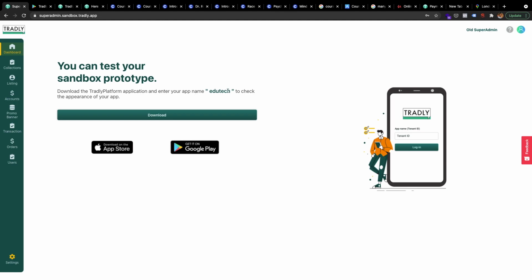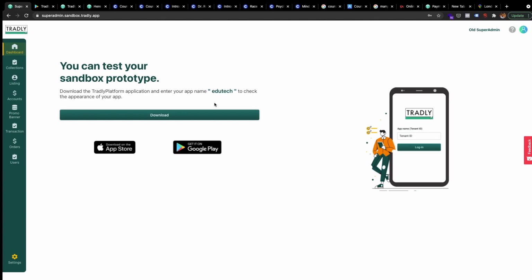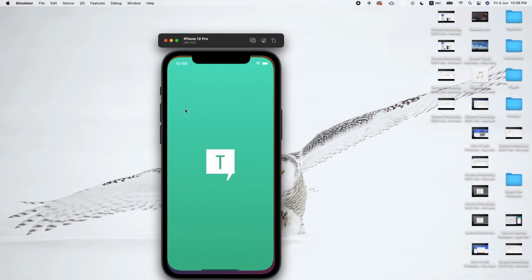So what's your app name? It's EduTech. When you sign up, you put your app name. For example, I used EduTech. So when I'm trying to log in there, I need to put EduTech. So for example, if I go here,